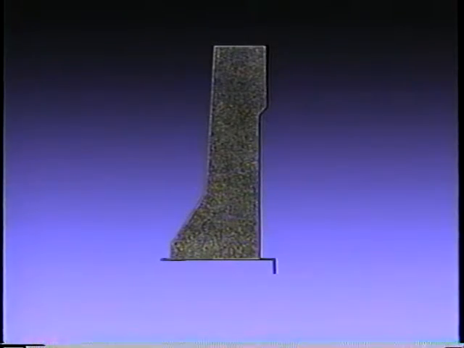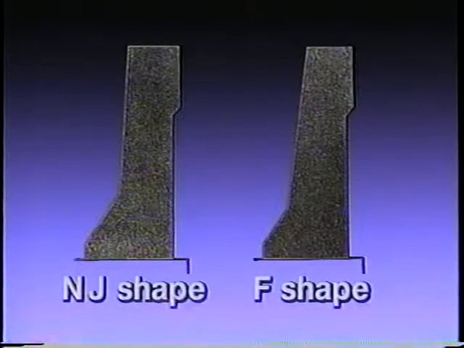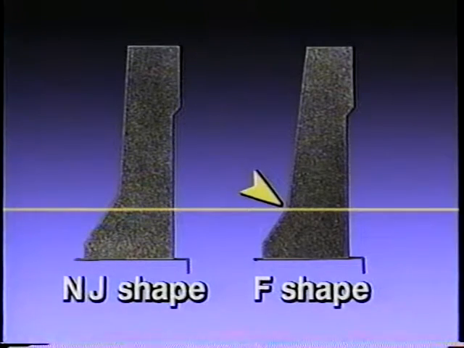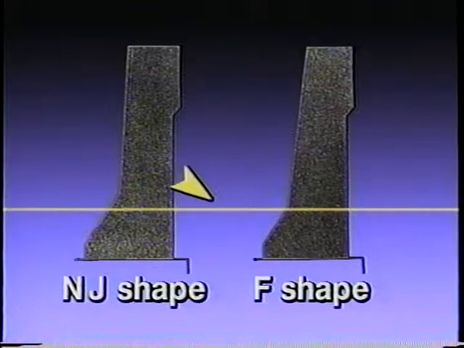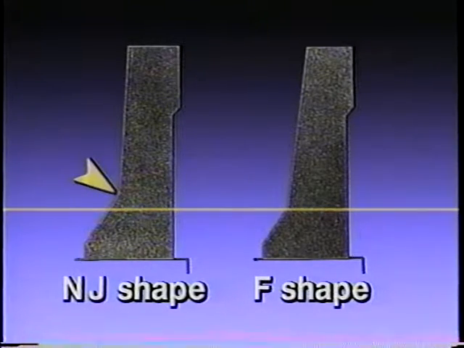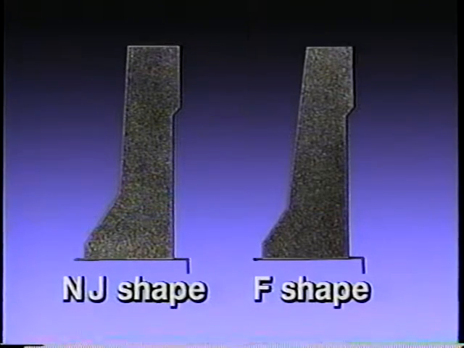Although the New Jersey shape is the most common shaped concrete barrier, it is not the only one. A research project in the mid-70s identified a number of alternative shapes. Alternative F, now commonly called the F shape, was identified as a promising candidate. The slope breakpoint of the F shape is 3 inches lower than the New Jersey shape. This slightly different profile provides many of the same benefits as the New Jersey shape while improving vehicle stability during